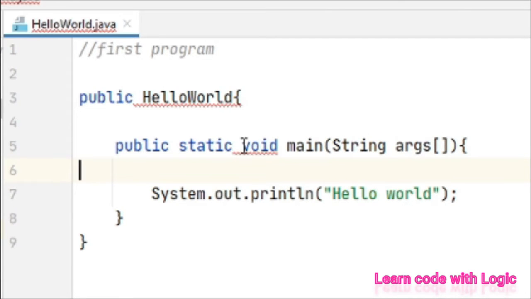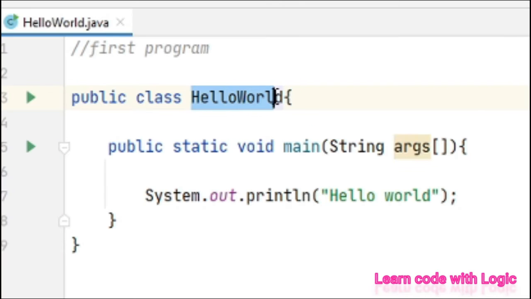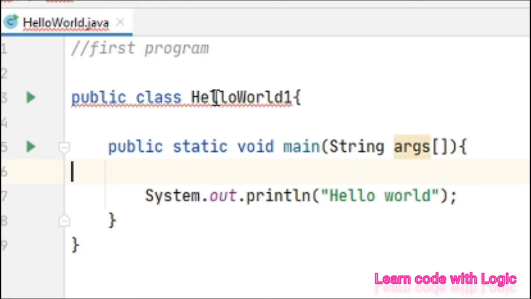Immediately all the red lines will show up. So to run a program, we definitely need the class name. Can you see here I gave the HelloWorld class name. If you change the class name here, then it shows the error, because the name you gave before while creating the class and here should be the same.